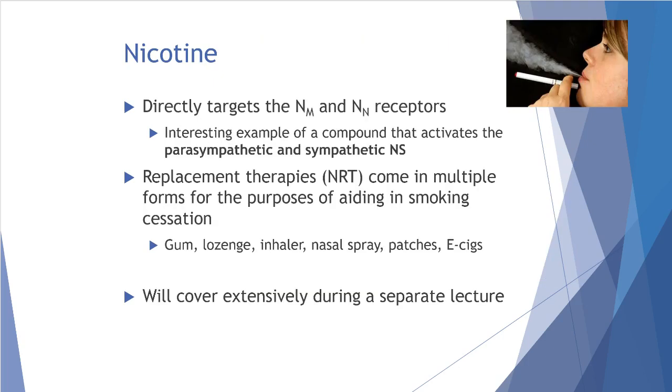So anyway, let's talk about nicotine briefly. I'll do a whole lecture on smoking cessation, and we'll talk about that during the psych module. But the point in this right now is that nicotine does work on those nicotinic receptors. So nicotine is an interesting compound that stimulates both the parasympathetic and the sympathetic nervous system at the same time. So when I said that we don't ever use something pharmacologically to do that, I kind of lied, because we do, in the sense that we replace nicotine